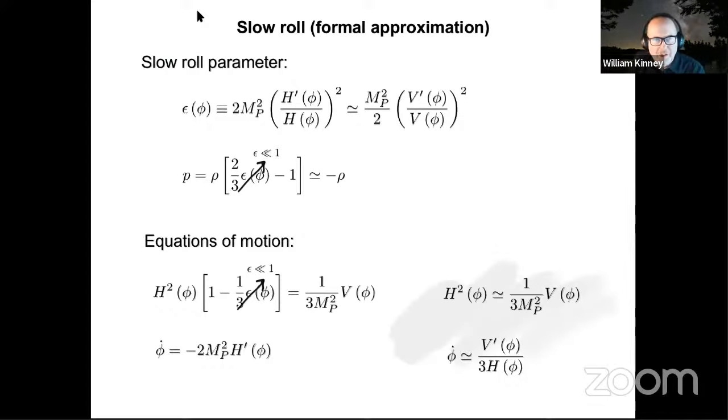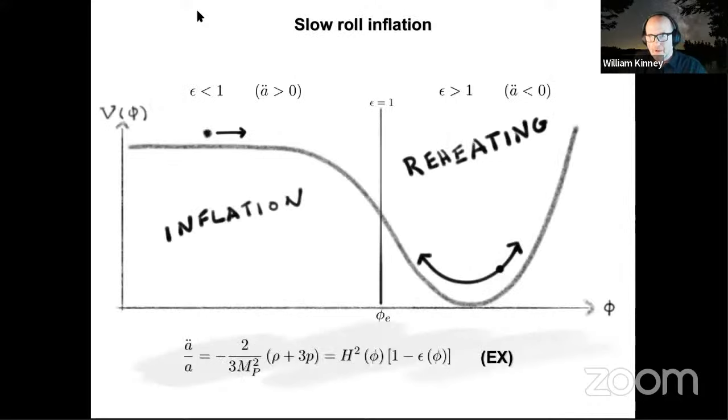So this allows us to come up with a schematic diagram of how a model for slow roll inflation works, how the background dynamics for any particular scalar field potential works in inflation. And it's very straightforward. So as long as the potential is flat enough and the field is rolling slowly enough, right?